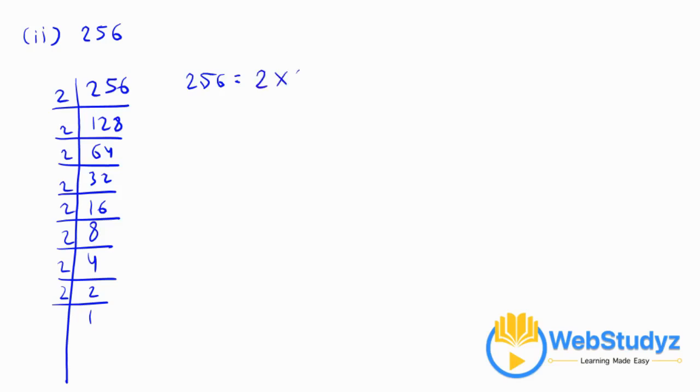2 into 2 into 2 into 2 into 2 into 2 into 2 into 2. So we can make the groups like this. Here we can easily see that this is one triplet, this is one triplet, but this is missing. So that's why the smallest number that we can multiply this by to make it a perfect cube is 2. Now move on to the third one,